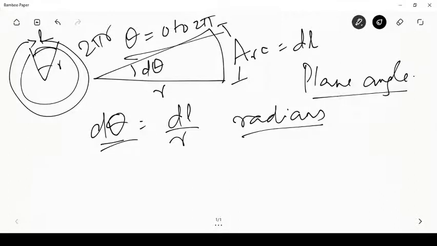Okay, so a full circle is therefore 2 pi radians, and any other angle would basically be equal to the length of the arc divided by the radius. Okay, so that is how a plane angle is defined. In the same way, solid angle